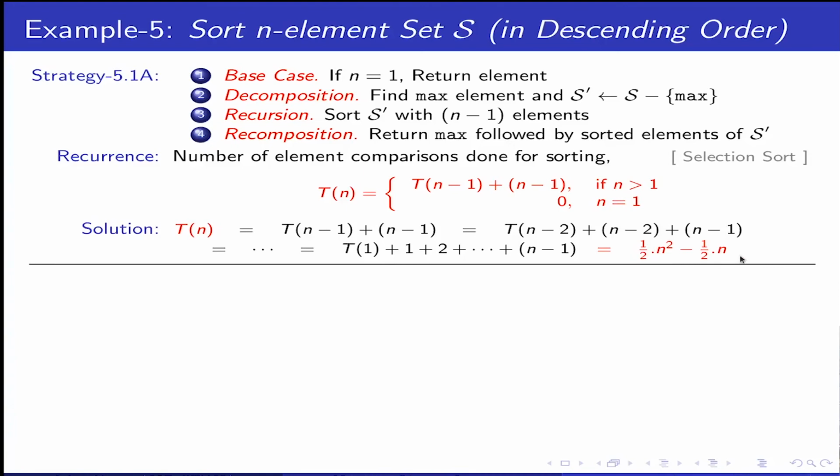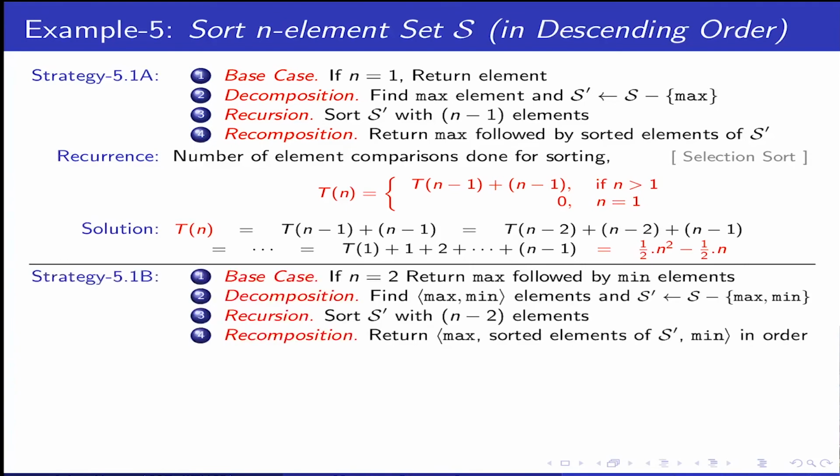Let us try to improvise your selection sort, which you might not have read but maybe tried in your programming assignments. Why not select the max and min always? I can now use my second strategy, which was better, not always n-1, it was 3n/2. So max and min I will select, put them at both ends, and call recursively on the n-2 elements in between to sort. I can do that, right?